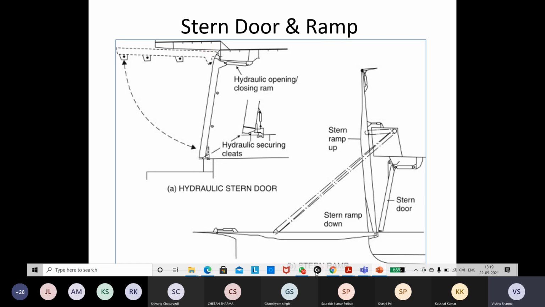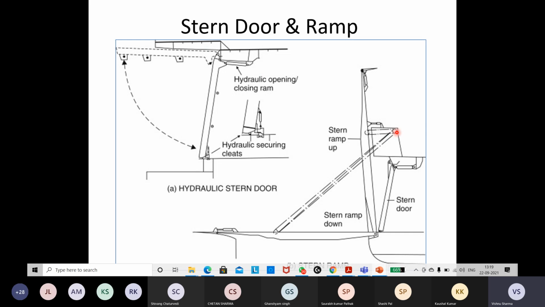And now this is where the ramp has come down. ये आपका स्टर्न रैंप है इन द क्लोज पोजीशन, और आपने इसको डाउन कर दिया तो ये अब आपका हो गया रैंप फॉर व्हीकल्स टू गो इन एंड आउट। सो ये आपका स्टर्न रैंप डाउन पोजीशन है, ये स्टर्न रैंप अप पोजीशन है, ये आपका स्टर्न डोर क्लोज्ड पोजीशन में है, ये आपका स्टर्न डोर ओपन पोजीशन में है। It is hinged here, you have a hydraulic piston